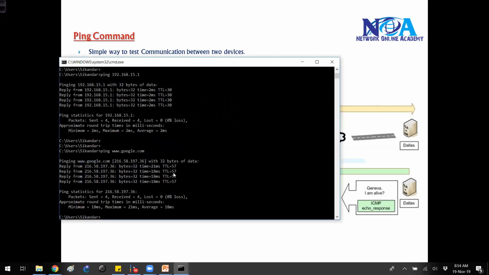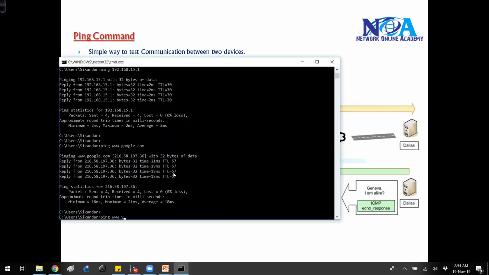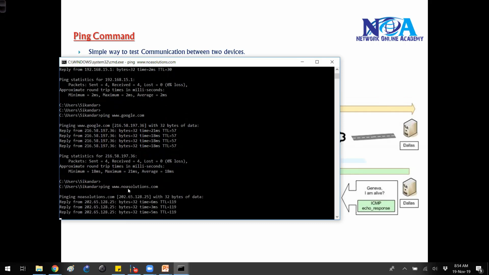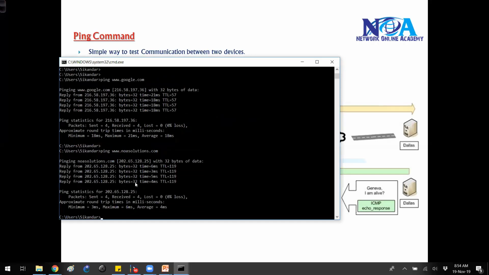Even if you test other servers, like yahoo.com, or my own website, which is probably the web server address, you can see the replies coming. Even though I'm typing the URL, it replies with an IP address, because a DNS server resolves the name to IP.